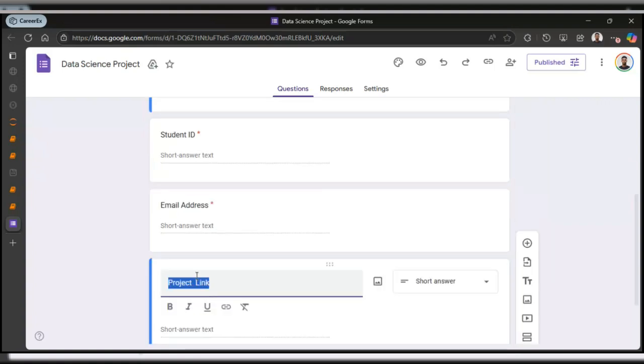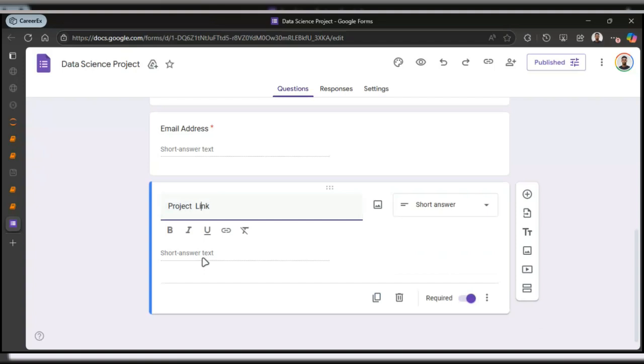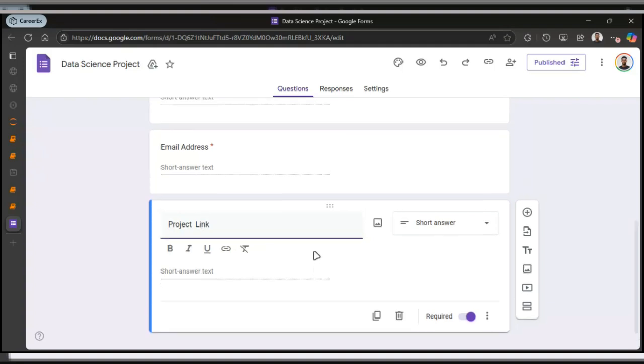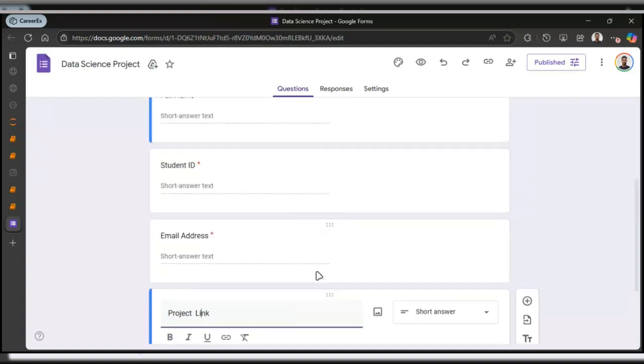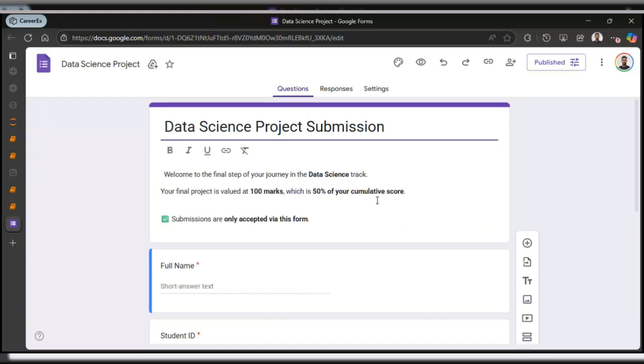This project link is the same link that you will always be submitting for your assignment. You just get that link, paste it here, and then you click submit. Once you do that, you've submitted your project. You don't need to do anything on the platform, right? You don't need to submit your project on the platform. All you need to do is click the link on the platform to take you here, fill in this information, and then you are done. All right, so I think that's it for submission.